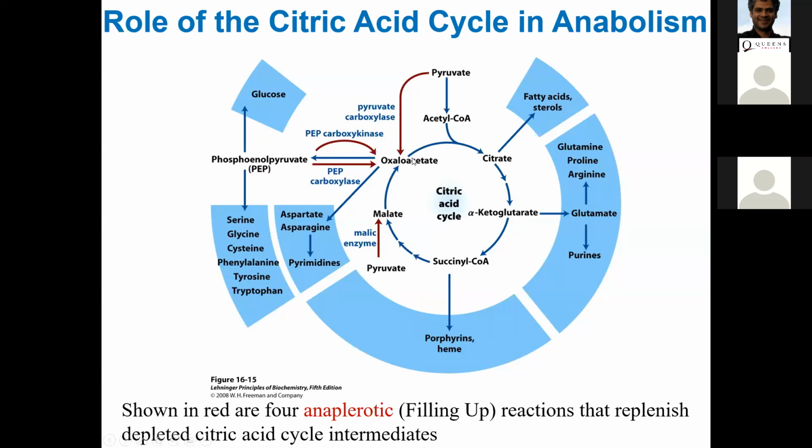So what happens when you need to actually run the cycle again? It turns out that there are reactions that can happen to fill the intermediates of citric acid cycle if needed. Those reactions are called anaplerotic reactions, literally meaning filling up reactions. They replenish the depleted citric acid cycle intermediates, so citric acid cycle can run efficiently and produce energy by oxidative metabolism. What are those anaplerotic reactions? There are 4 of them.